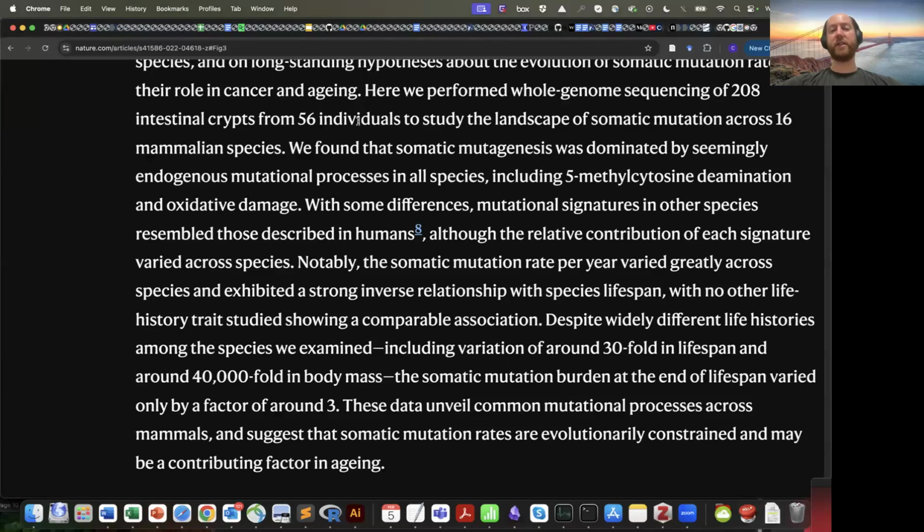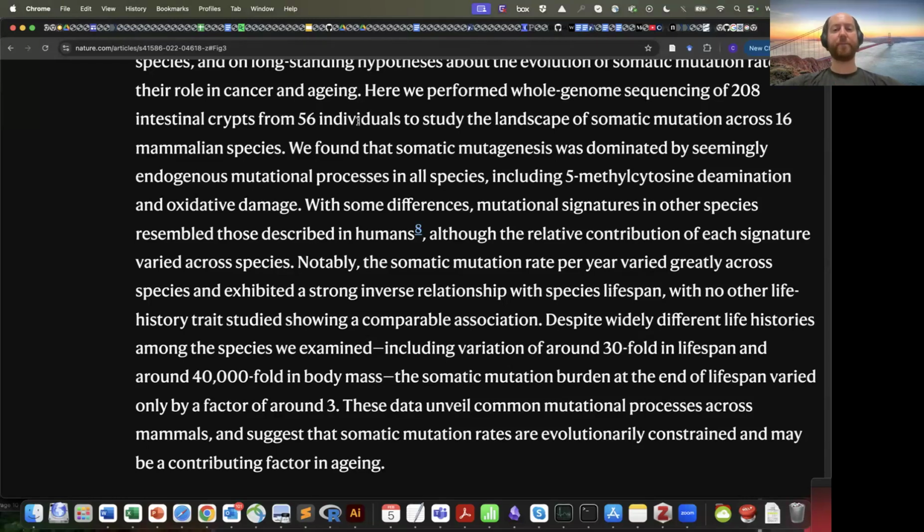So mutation rates are determined by environmental factors, for example, as I mentioned, ultraviolet radiation and smoking. They're also affected by what the cell type is. Certain cells don't really divide very much, and therefore don't really mutate very much, such as neurons, and other cells are constantly dividing and are subject to slightly higher mutation rates.